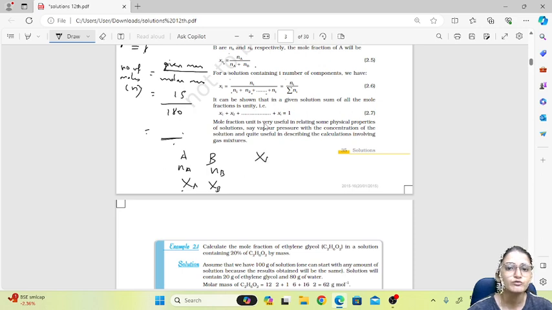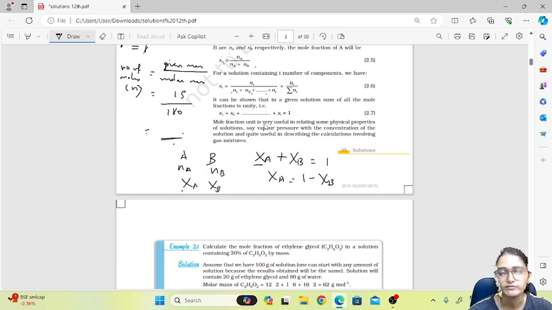So if you find chi A, the value of chi A, and if you also want to know chi B, then there is no need to do all the calculation to find chi B, because there is one relation that will tell you directly about chi B if you know the chi A value. So chi A plus chi B is equal to 1. This is a relation. Now if I know the chi A value, then I can write chi A is equal to 1 minus chi B. This way I can relate chi A and chi B.